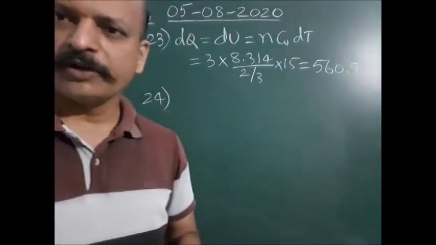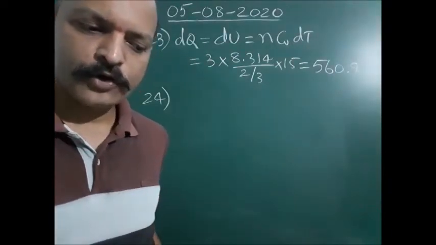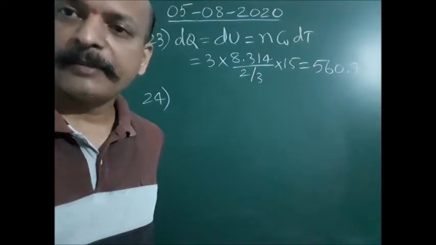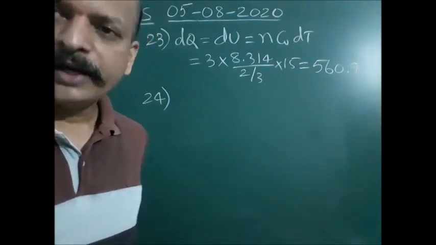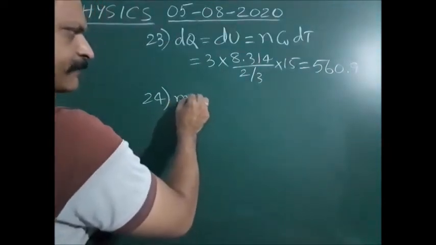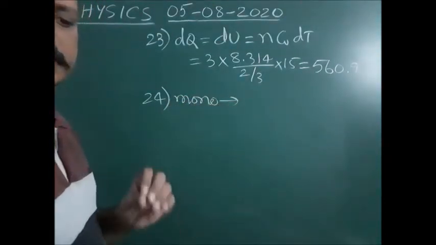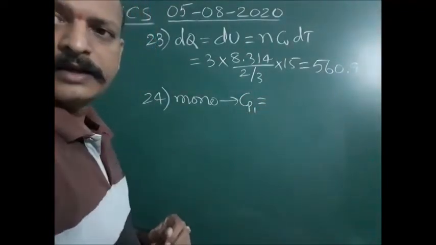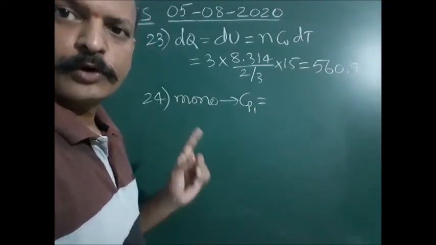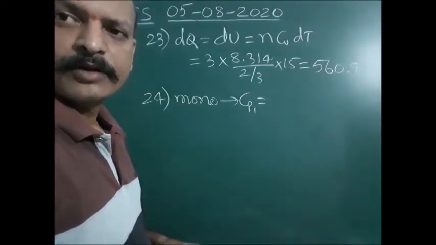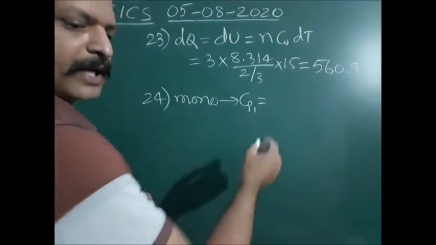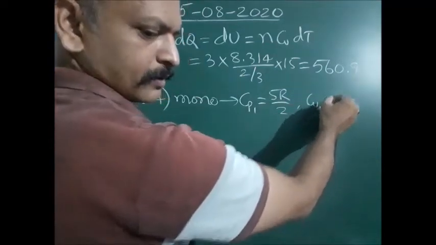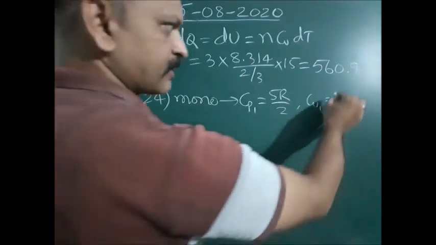Next, question number 24. Let us see. 1 mole of a monoatomic gas is mixed with 1 mole of diatomic gas, then the value of gamma of the mixture. Here we know that for monoatomic gas, let us see the Cp value and Cv value. Cp value for the first gas is gamma R by gamma minus 1. For monoatomic, gamma value is 5 by 3, that's why Cp value will become 5R by 2. Same way, Cv value of this first gas, monoatomic gas, we know is 3R by 2.